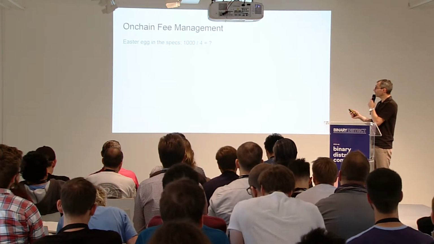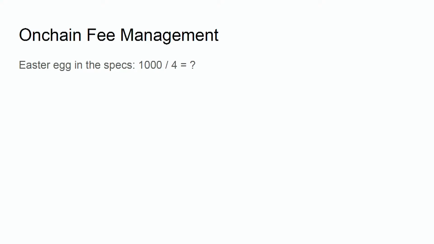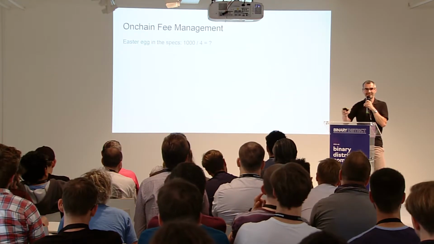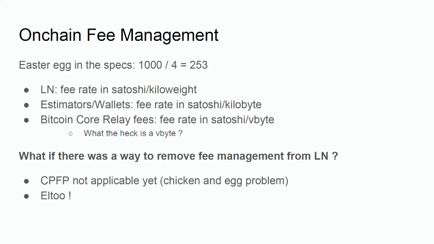Something else to be found, I would say it's an Easter egg in the specs, but it's also linked to the way Bitcoin works. How much is 1,000 divided by 4? Okay? It's 253. So what is that? If you want to know, you can have a look at the discussions we had on the mailing list and the bug report. So basically,